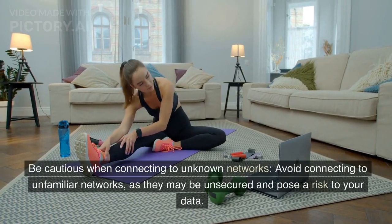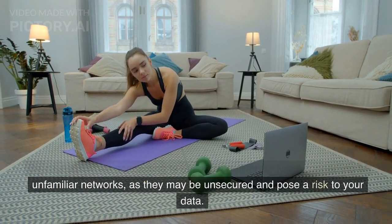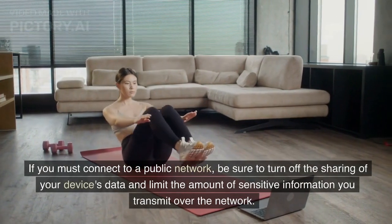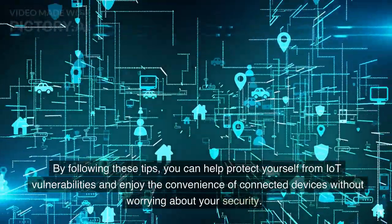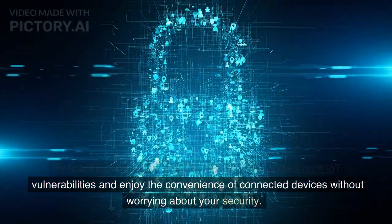Be cautious when connecting to unknown networks. Avoid connecting to unfamiliar networks, as they may be unsecured and pose a risk to your data. If you must connect to a public network, be sure to turn off the sharing of your device's data and limit the amount of sensitive information you transmit over the network. By following these tips, you can help protect yourself from IoT vulnerabilities and enjoy the convenience of connected devices without